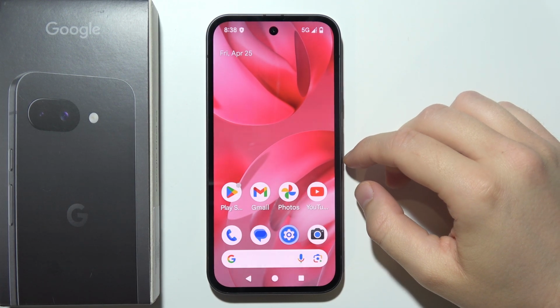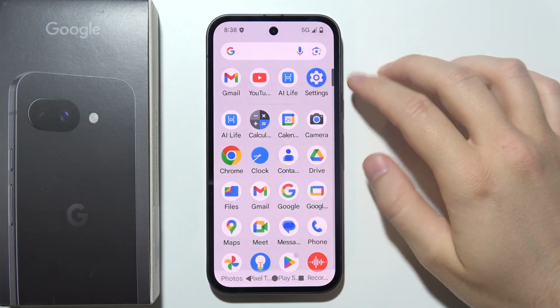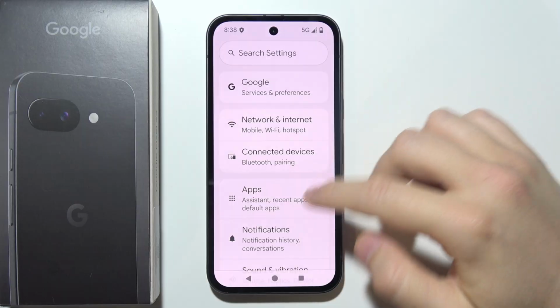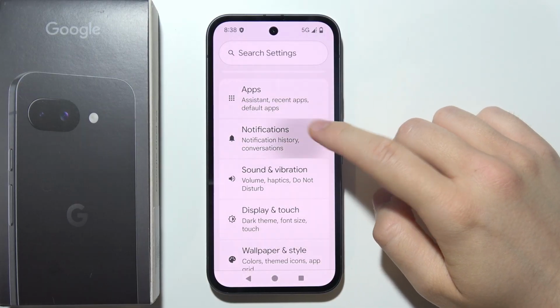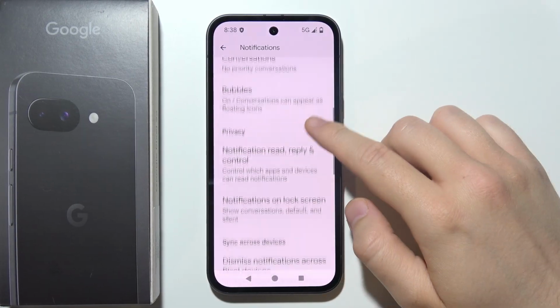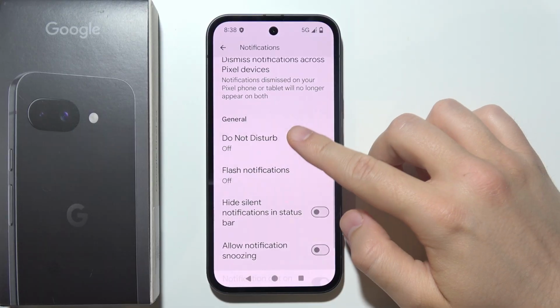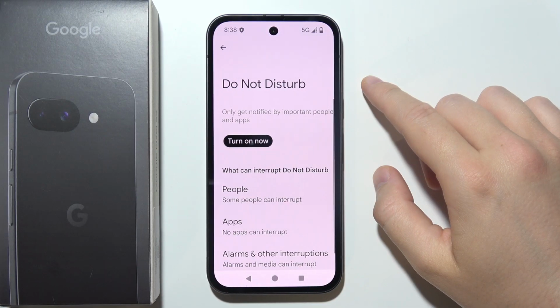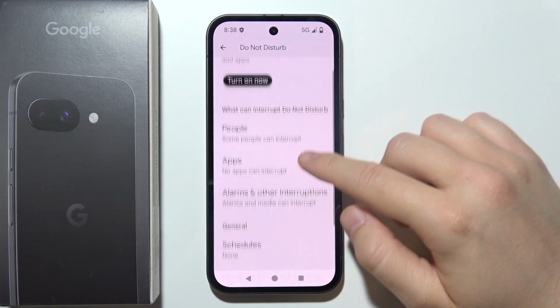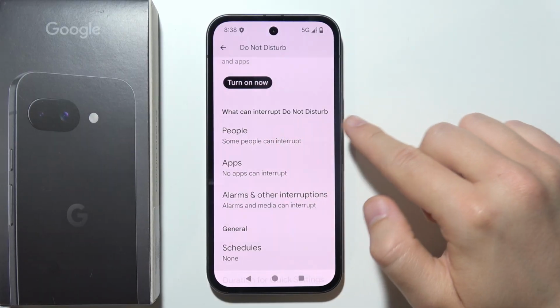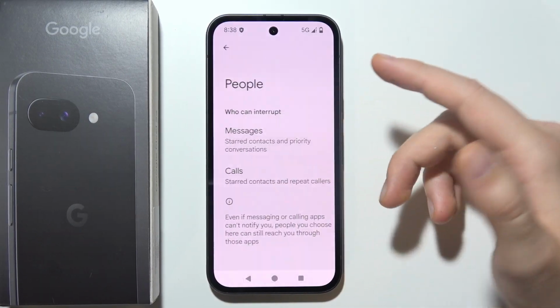If you want to set up Do Not Disturb mode on Pixel 9a, just start by opening Settings, scroll into Notifications, and now you have to go into Do Not Disturb mode that is available in the general settings. Now, before you turn it on, you can set it up for what can interrupt, so people, apps, and you can simply